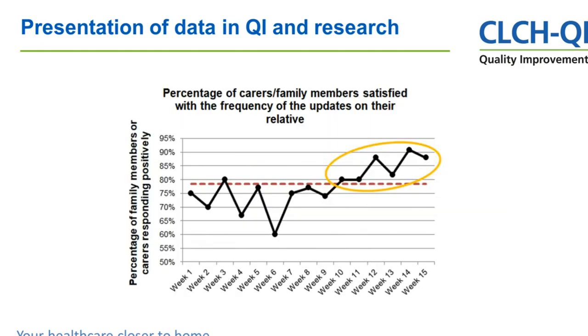Comparing this to QI, we're actually less interested in statistical significance, and we're more interested in understanding variability. You see the circled aspect of this graph, this run chart, is saying, well, okay, there are now points above the red line that have changed. Why have they changed? Is this to do with an intervention? And it's this variability and this emphasis on sustained change and improvement from projects that shows how QI is focused on understanding its impact.